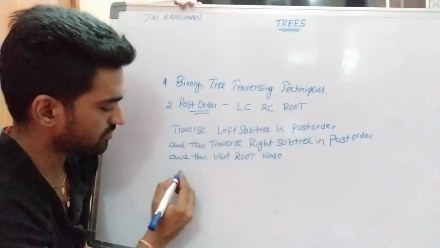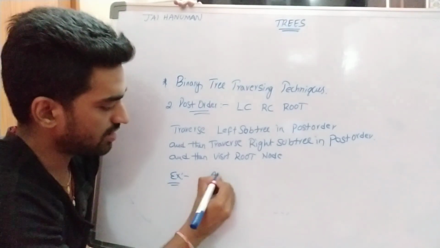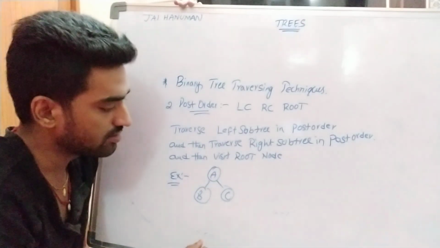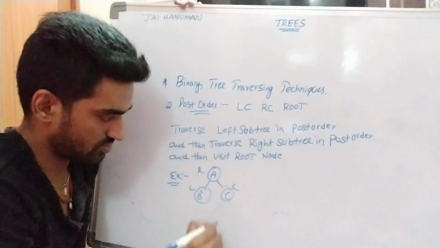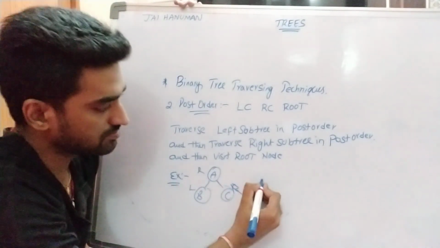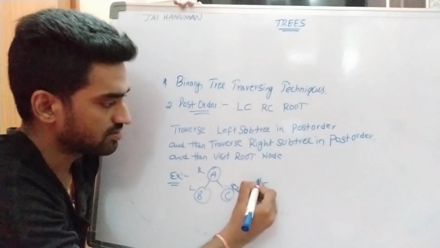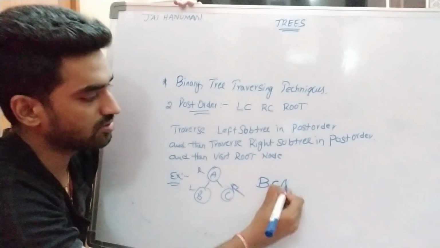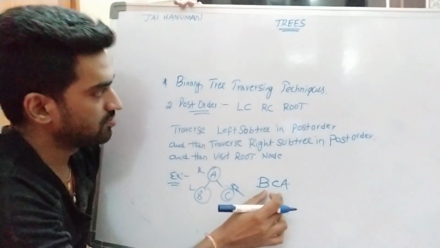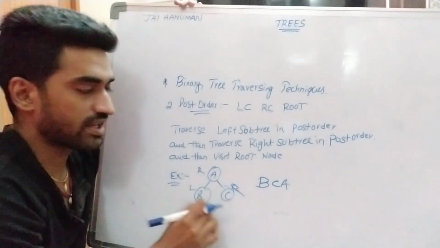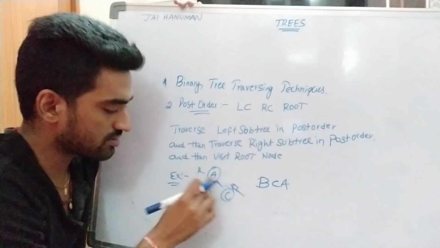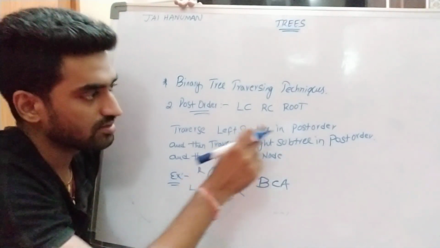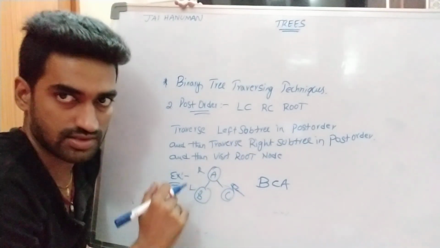So here based on this definition I am taking one binary tree A, B, C. So this is a simple binary tree. So what is the post order for this binary tree? So this is root, this is left, this is right child. So first of all we visit left, that is B, then right is visited, C, root is visited. So this is the post order for this binary tree, right? So here this tree does not contain any subtrees. Once a tree contains subtrees, we can apply the post order recursively for subtrees also, right?